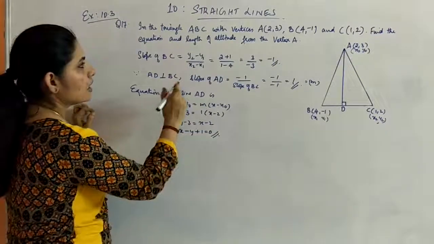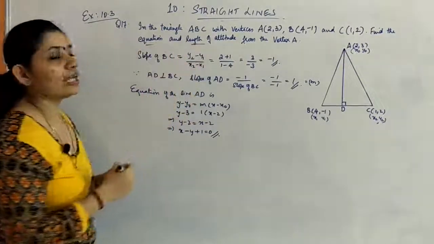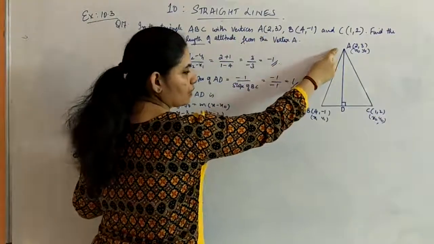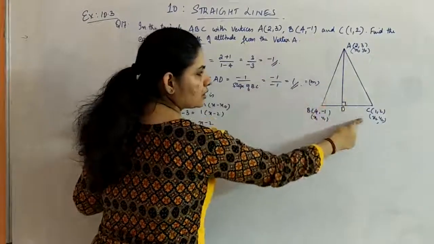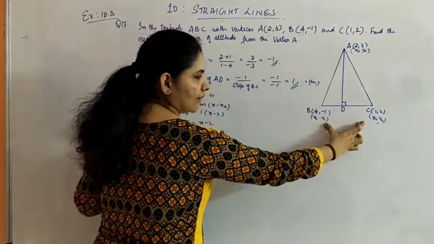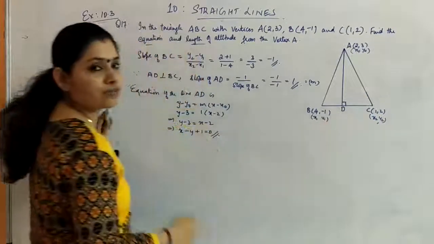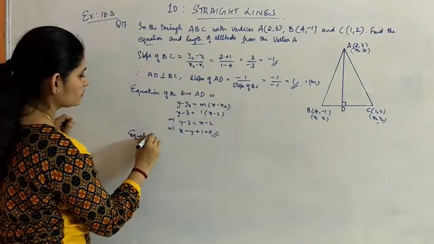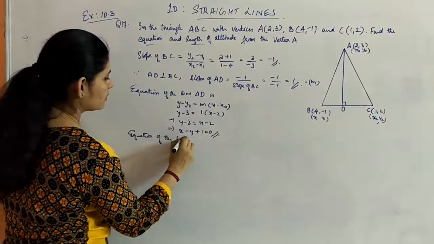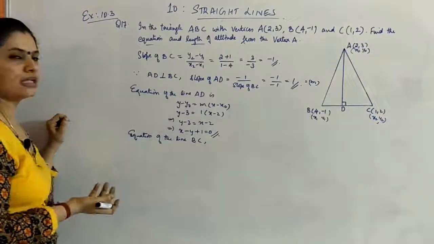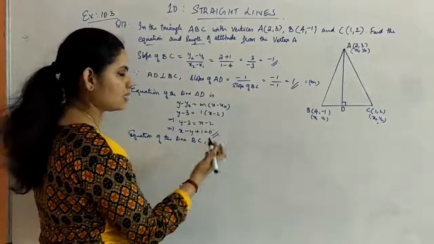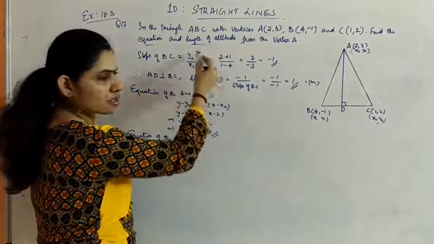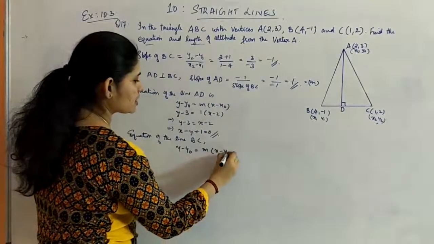Now what you need? Again you need to find out the length of the altitude. Length of the altitude means we will treat this as the point x1, y1. From x1, y1, what is the length of the perpendicular to this line? So for that, first we need the equation of this line BC. How will you find out? You can use either the 2-point form or y minus y naught, the same thing. So 2-point form means it is y minus y naught is equal to y2 minus y1 divided by x2 minus x1, that is actually this slope. So I'm just writing m into x minus x naught like this.